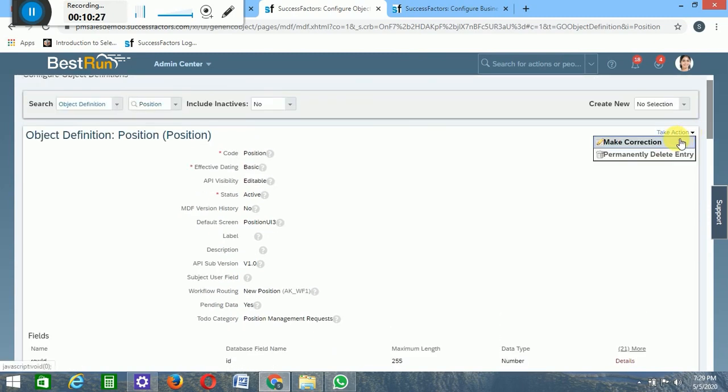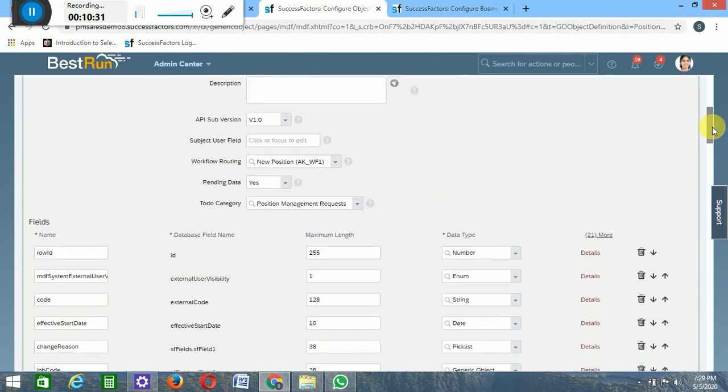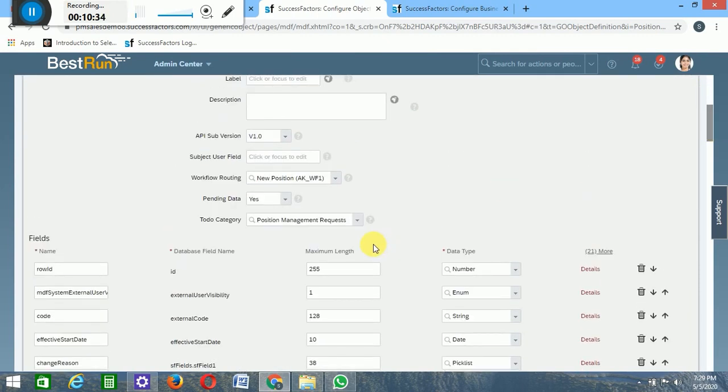Now make a correction. If you are writing a business rule and want to trigger the workflow using it, then take away the workflow you have created here. Got it?